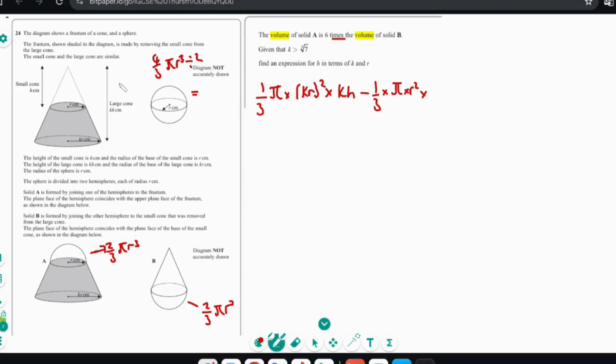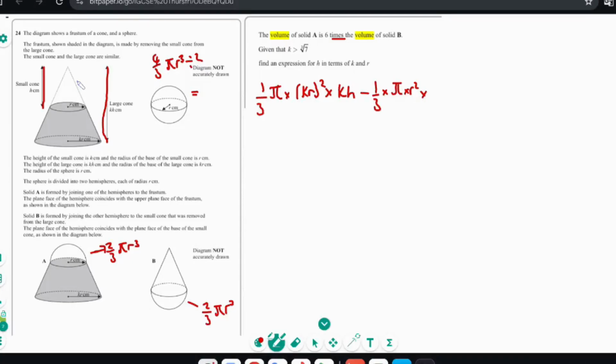Now, what is h here? Well, we've got kh minus h, times the height of the small cone is h. So that's the frustum